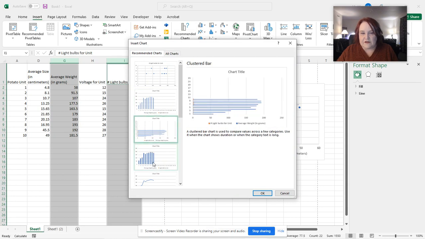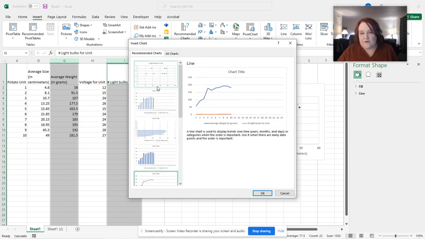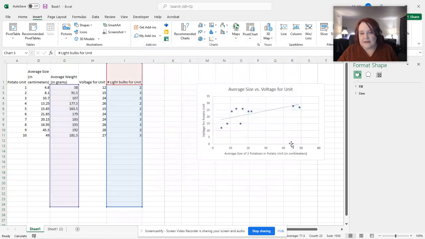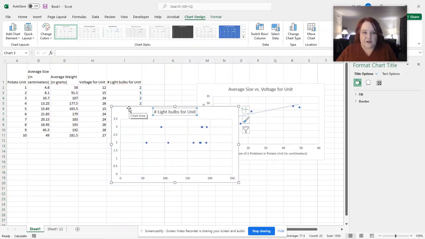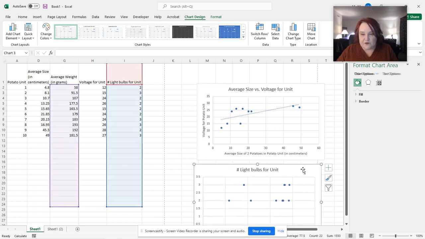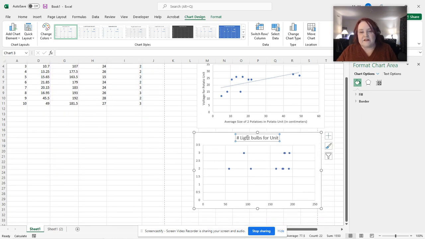Now you could look at these others. I just happen to know that for what I have here, yes, scatter plot is a good idea. So again, this is not, oops, I didn't mean to move that. So do Control Z anytime something happens you didn't really want. This is not really the number of light bulbs. This is